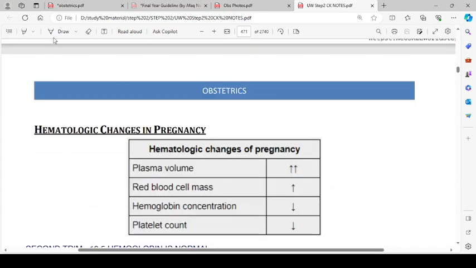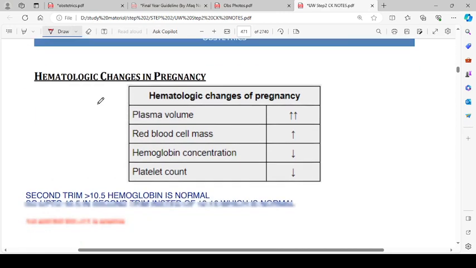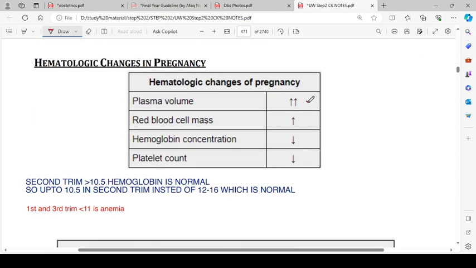So, hematological changes in pregnancy. The very first thing that you must remember is that the plasma volume increases. The red blood cell mass increases but not equal to the plasma. The plasma volume increases more in comparison to the red blood cell mass. So that leads to a decrease in hemoglobin concentration. Although you can see that red blood cell mass is increasing, since the plasma is increasing more than the red blood cell mass, the concentration, which is the